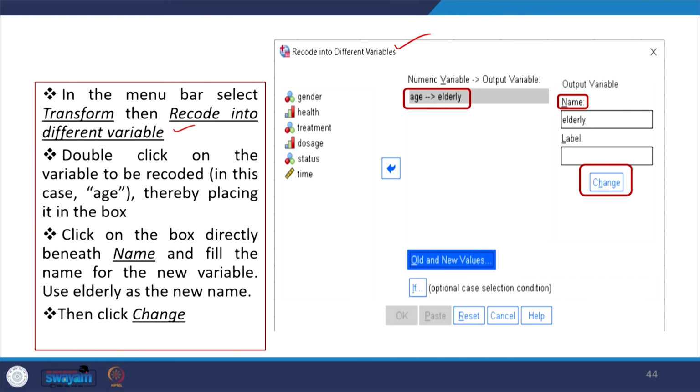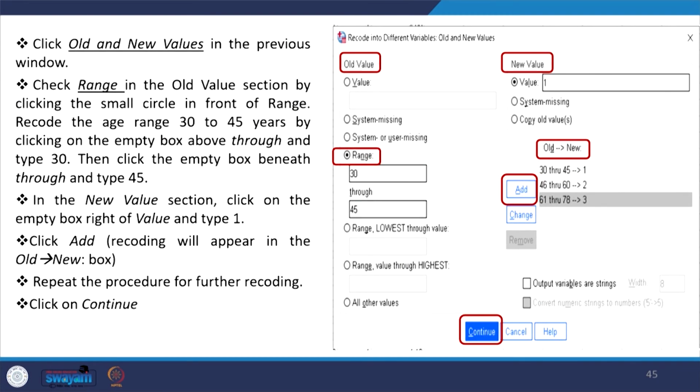Now, the name we have given is elderly. Click on the box directly beneath name and fill in the name for the new variable. Use elderly as the new name, and it will actually change automatically once you save it. But if you have different values within the variable and want to change certain values, to give some new values, you can take this option, and once you click it you will find all those things.